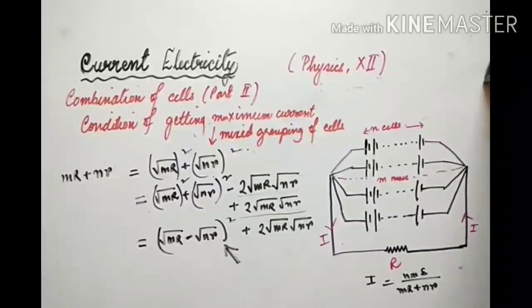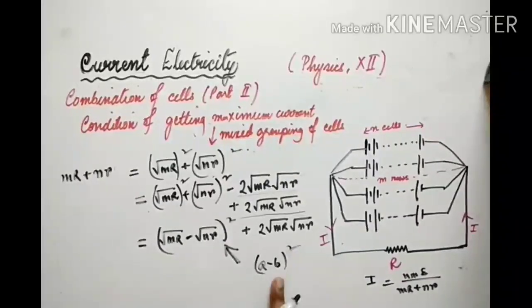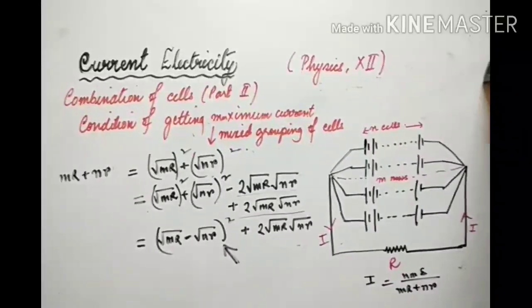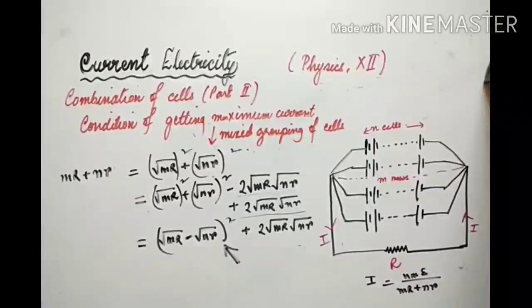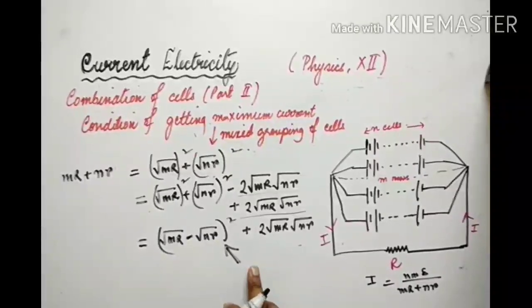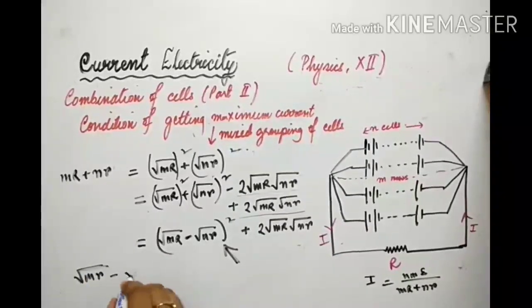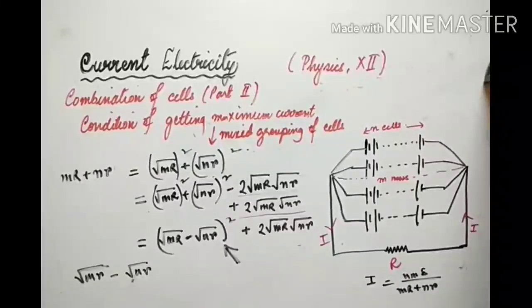A perfect square can never be negative. If you get something like A minus B whole square, it is always positive. Always remember, because this is a perfect square. So now what we can see is that it is always positive and its minimum value can be 0. Okay, so that means